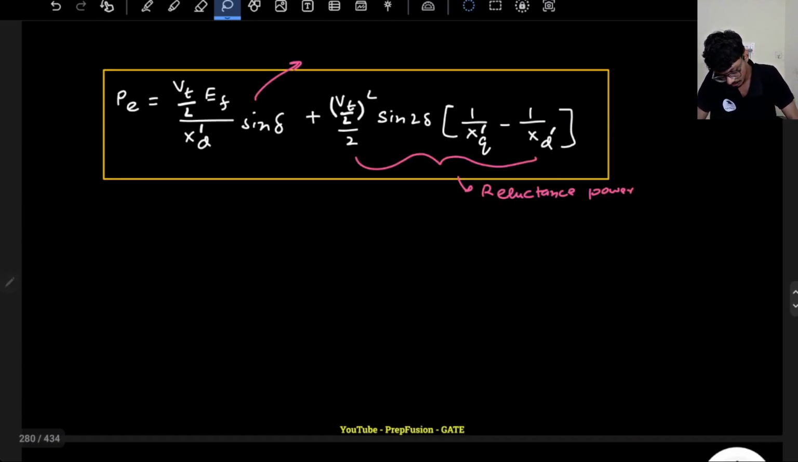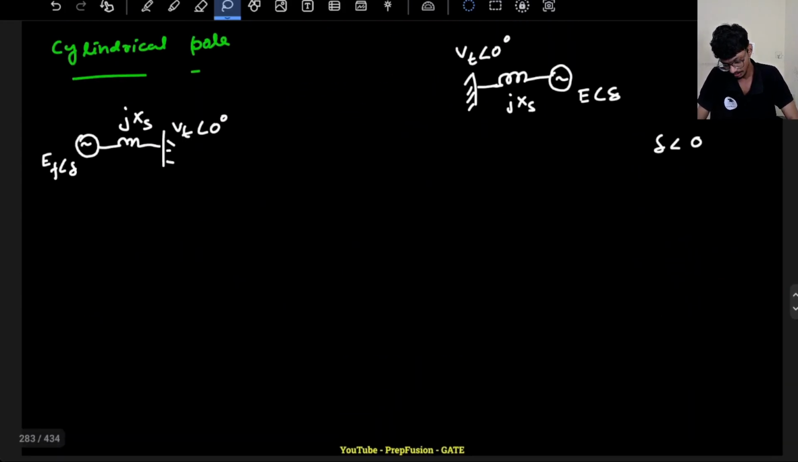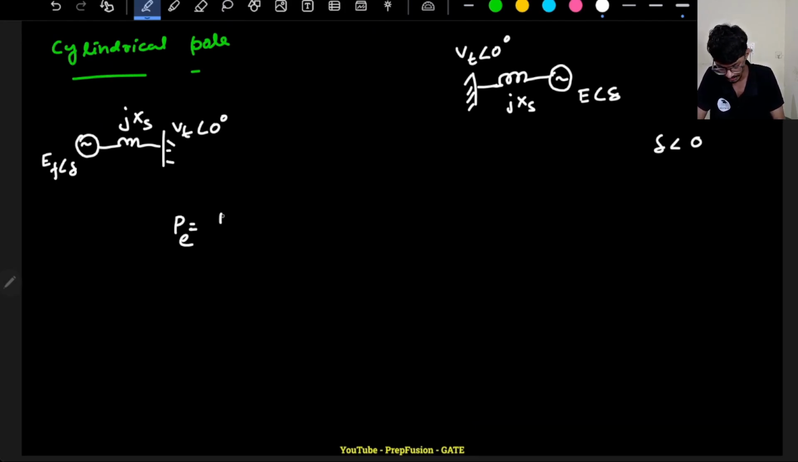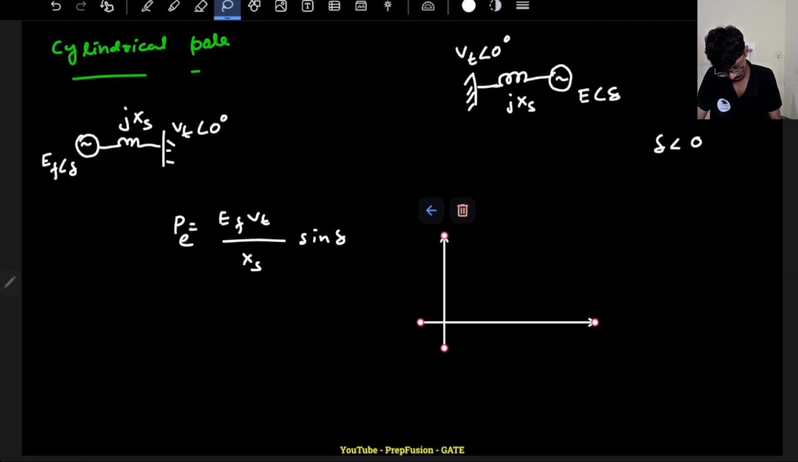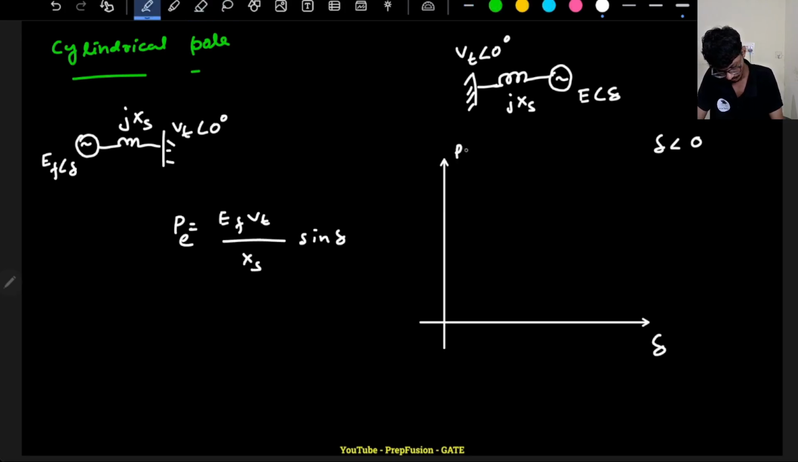Now let's understand what the formula is. The formula will be the same for both generator and motor. The electromagnetic power developed will be EF VT by XS into sine delta. Generally we don't vary EF, VT, XS; these are constant, we vary delta. So we plot the power with respect to delta. With respect to delta, it is just a sine graph. If I just draw the sine graph,